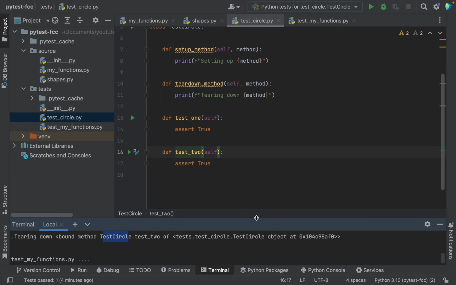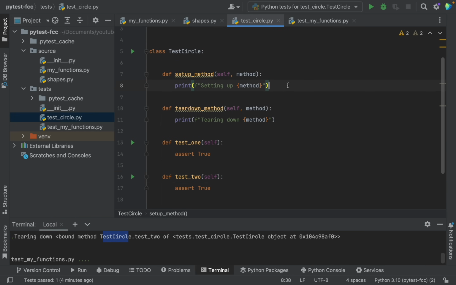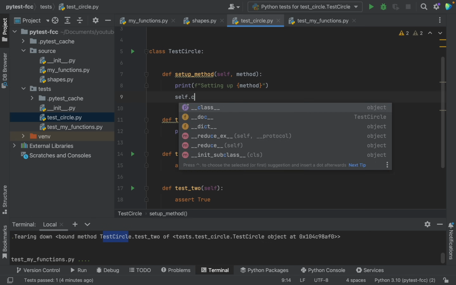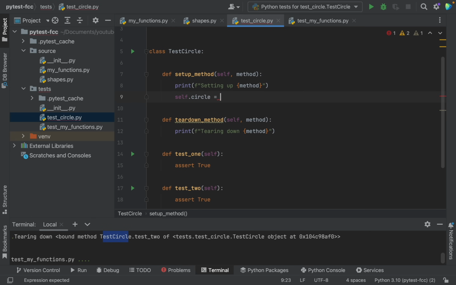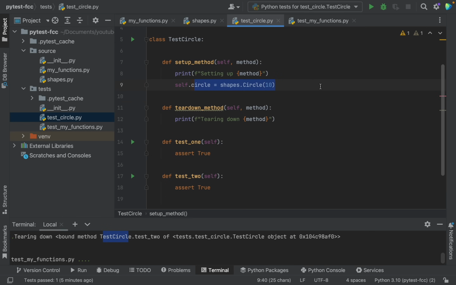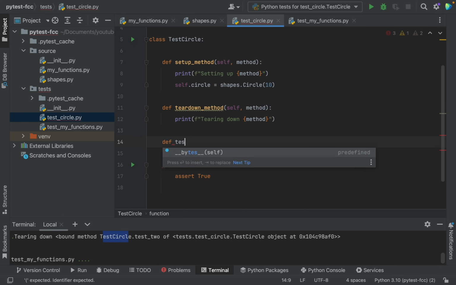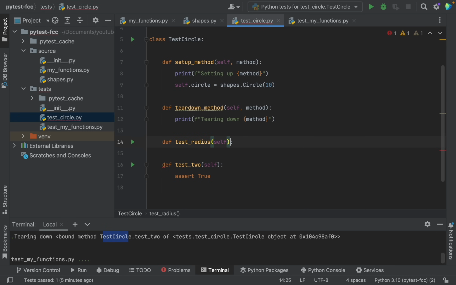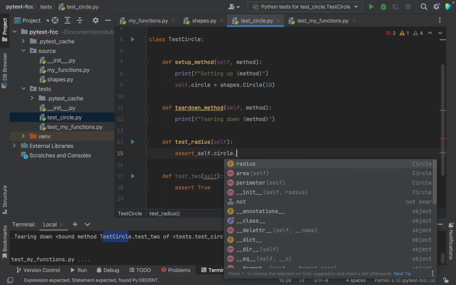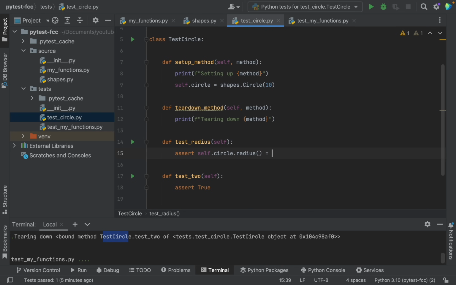Well, one thing that can be quite useful is that in the setup method, we can have something like self.circle equals shapes.circle, give it a radius, say 10. Now, for every method that we have, a circle object is going to be created. So now we can access it in test1, and instead of calling it test1, let's say test radius. And then here we can say assert and then self.circle.radius equals, and we will need